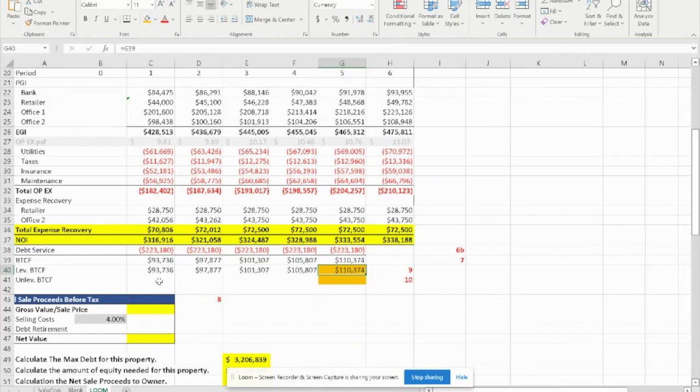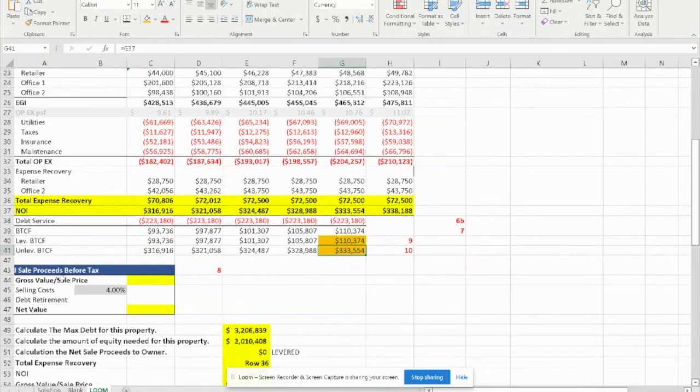Again, for unlevered before tax cash flow, we're going to do the same thing. If you do not have a loan, that's what unlevered means. The unlevered before tax cash flow is going to be the NOI. So you're going to bring down the NOI. We're going to drag it across to year 5. Again, we're going to highlight year 5 just as a reminder that we need to go ahead and do this sales proceeds before tax table before we can calculate year 5 and for both levered and unlevered before tax cash